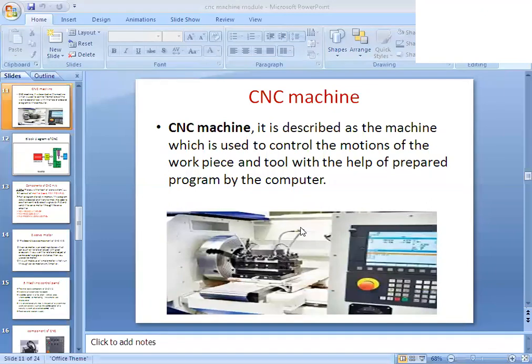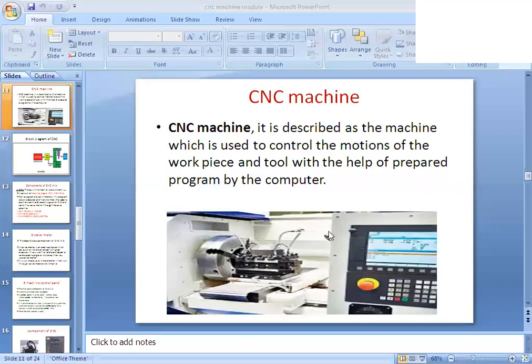In the slide you can see the image of what we call a CNC machine. See here, this is a 4 jaw or 3 jaw chuck. You have to put your workpiece inside here. See here, these are the coolants, and on this side the three circular means, I think six tools we are going to fix here. At a time you can do 6 operations in the CNC machine.